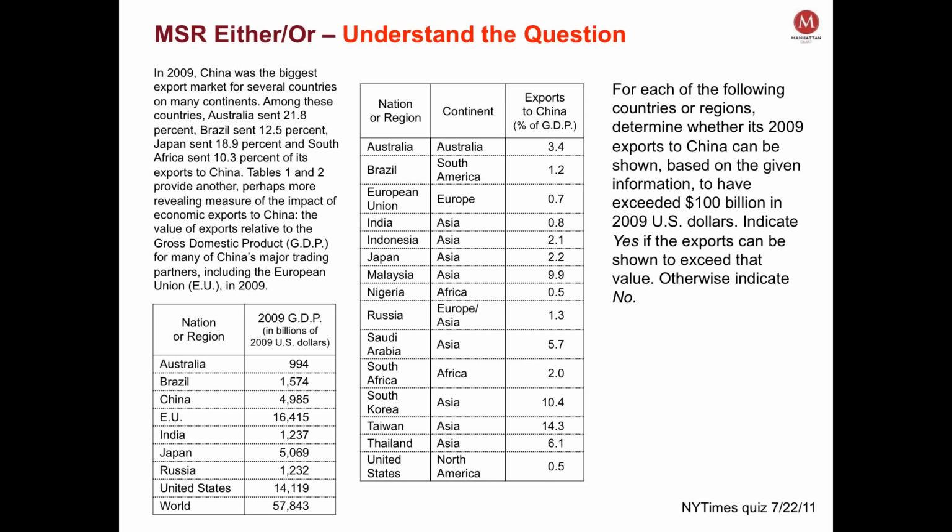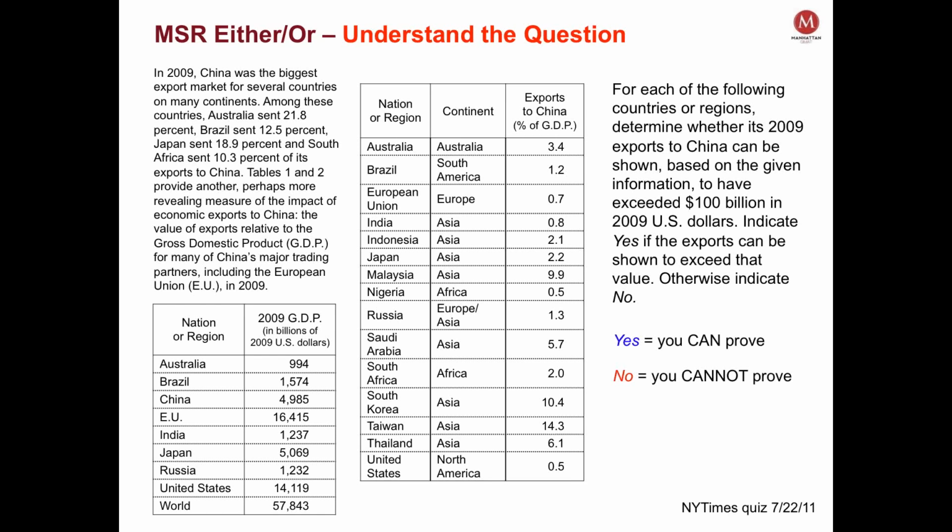I'm going to show you the panel in just a moment, but take a moment and think, what chart or charts should you be looking at to get the dollar value of exports to China? And remember, you're going to pick yes if you can prove it for sure, and no if you can't prove it. That means no means either no, I can prove that it's less than that, or I just can't get an answer. This is an interesting subtlety.